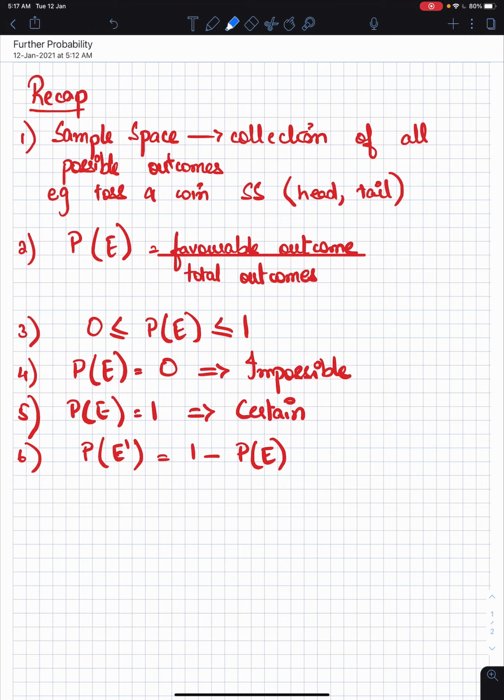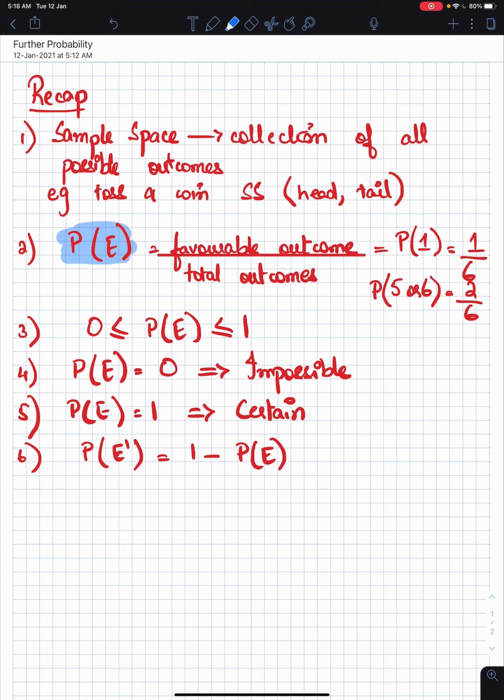All possible outcomes, जो भी आपने काम किया, उसका नतीजा क्या हो सकता है. और हमने ये भी पढ़ा था कि probability for an event, that is P(E), is equal to favorable outcomes over total number of outcomes. For example, if you throw a dice, the probability that a 1 will land will be 1 by 6. Or if you throw a die and the probability that the number will be 5 or 6, that would be 2 over 6, because favorable outcomes are 2, 5 or 6, and total number of outcomes are 6.